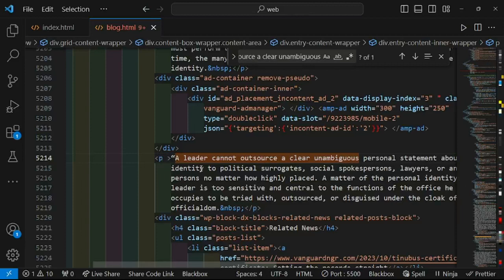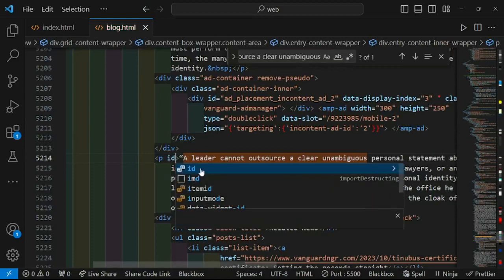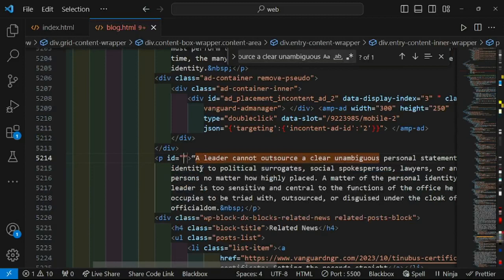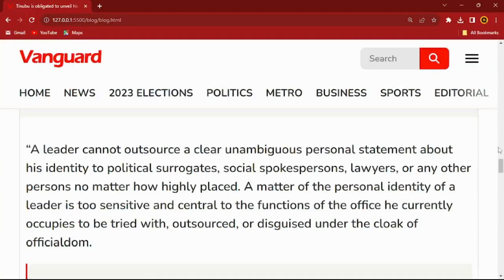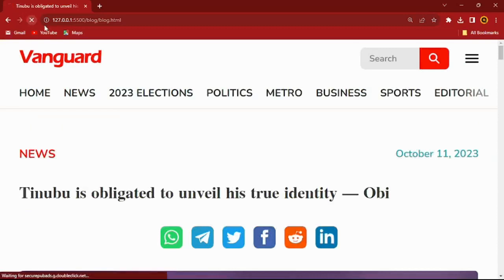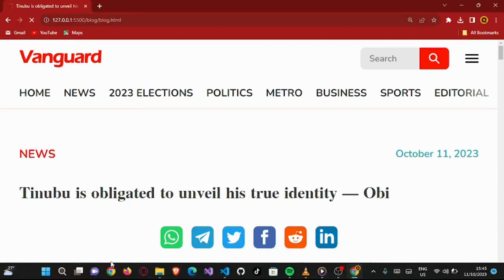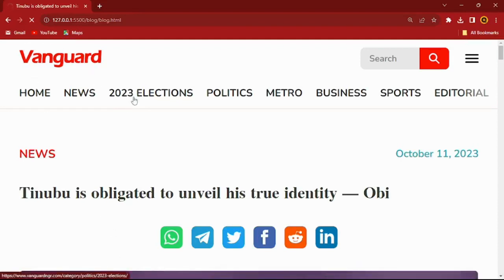So I'm going to specify how we'll be able to navigate down to this place automatically by specifying an ID, an ID called section 1. So if we refresh our page and click on 2023 elections, it should take us down to